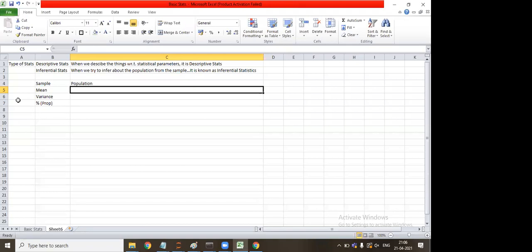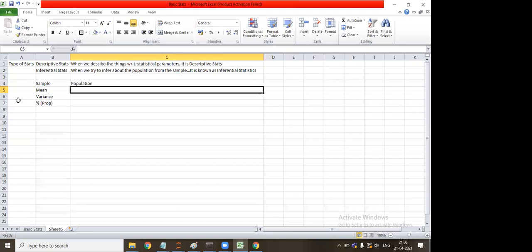Sir, then what is the difference between hypothesis and probability? Probability is a prediction of whether something will happen or not, based on historical data. But hypothesis testing is an art of going from sample to population. It is not historical data. Both are current data. We study the current sample data, and we estimate the current population data. So that's the difference. Okay, sir.